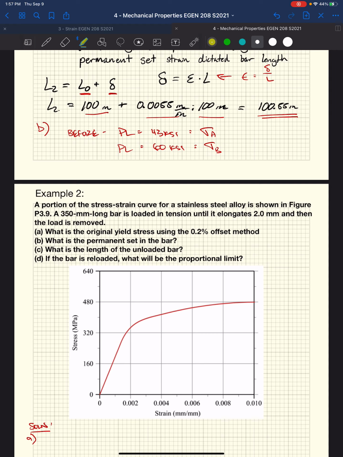So we take our linear elastic line, this portion for our stainless steel, and we decide to offset it by our 0.2%, or 0.002. So what do we do there? We essentially draw a parallel line to our linear elastic region that's at a 0.002 strain, or a 0.2% offset. And that classifies